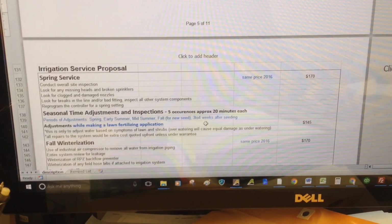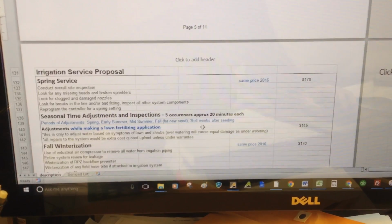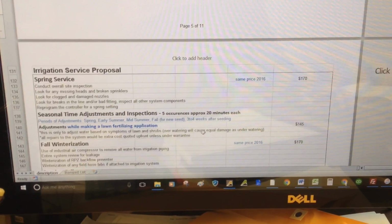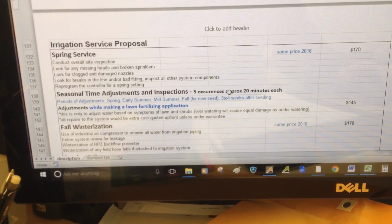Okay. We might even consider trying to move the clock onto the outside foundation of the house. So then this way we don't have to get inside the house every time we visit the property to do the applications. Okay, so that for five visits,